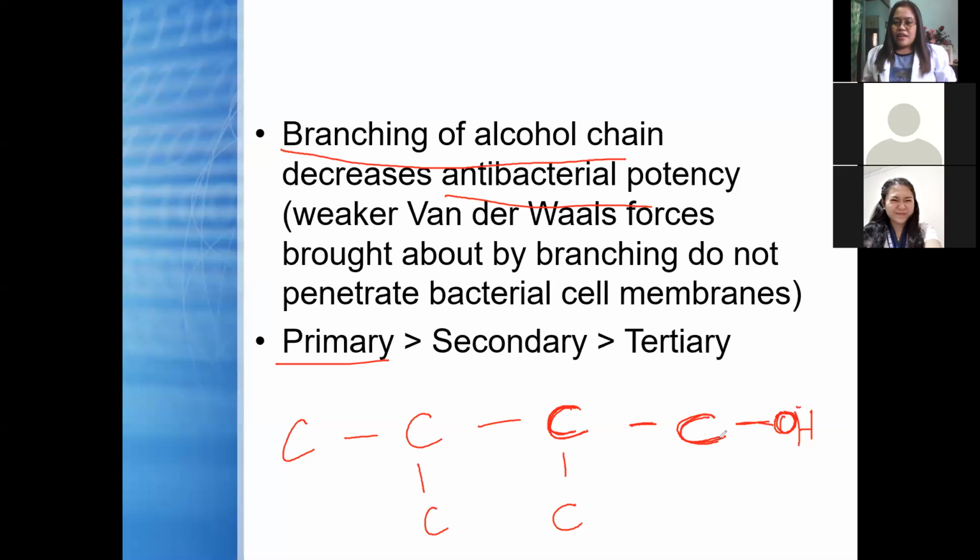So primary siya. This one is the carbon where the OH is nakabind, and then again it is bound to isa lang sad ka carbon. So primary alcohol ang pinaka-potent. However, if you have like secondary alcohol where if this is the carbon kung asa nakabind si OH, it is also bound to 2 more carbons. Kani siya ang tawag ani secondary alcohol na. And this most likely tertiary pinakahinay sa ilaha og kanang